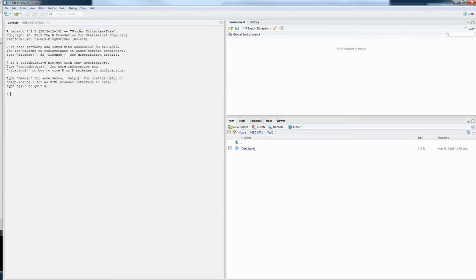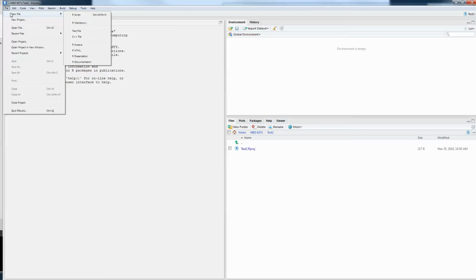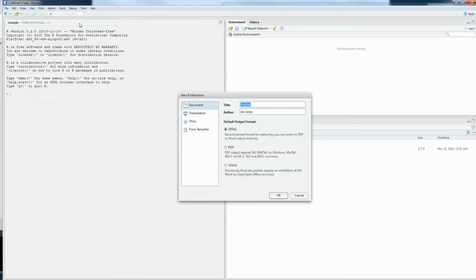And this was the piece that was actually the hardest for me, because I was used to just using the little source document and creating script files, and I couldn't figure out how to make this work. But what you have to do is actually create a new file that is an R Markdown file, not a script, not a text file. You want to do this R Markdown. And we can call it Knitr